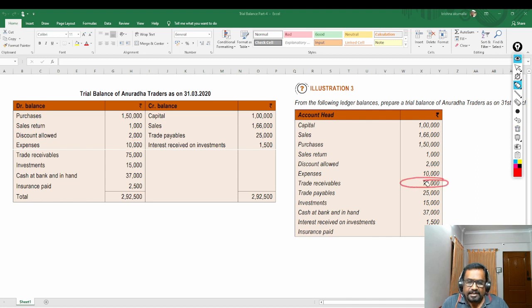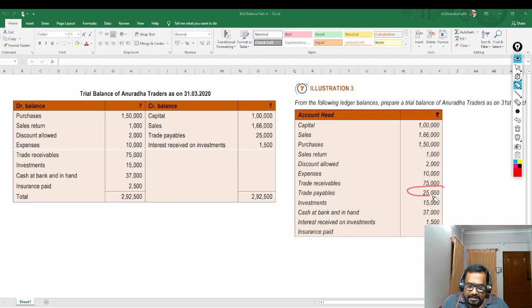Trade receivables 75,000. Receivables, I already explained in my previous video. Receivables is an asset. Payables is the liability. All assets are debit balances. So trade receivables to be debited. Let me repeat again. Receivables is an asset. All assets are debit balances. Hence, trade receivables has to be updated in debit side of the trial balance. Clear? Right. Next one,